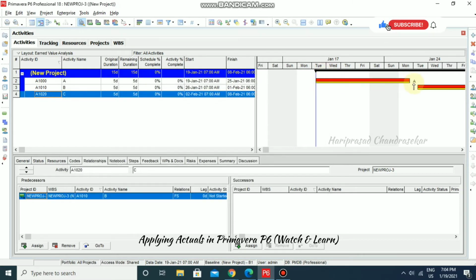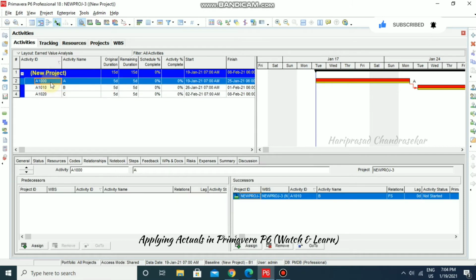And now the relationship is not showing. Then you can click this icon. Now we have assigned the baseline. Now we can go for updating our actuals. For updating actuals, we can just go